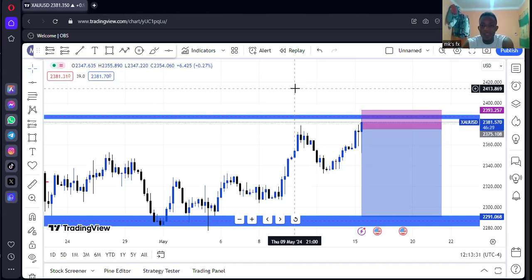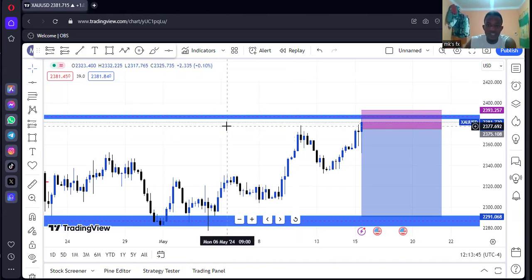So, guys, looking at this, it really looks like a buy, like higher highs, higher lows. But why am I selling? Why am I selling when I'm seeing an uptrend? All right, guys, here is the time for me to show you the reason why I sell. Let's go straight to the analysis, guys.